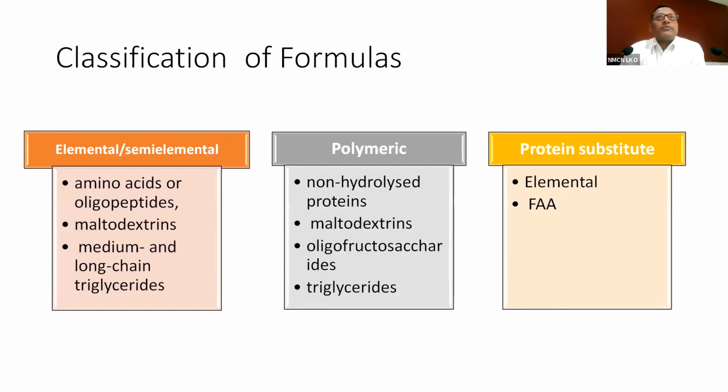Now, when you are focusing on enteral nutrition, there are different kinds of formulas. I think Dr. Bharti was also narrating. We have elemental formulas, semi-elemental formulas, polymeric formulas, and there is a protein substitute. Polymeric formulas are those we use routinely, where the macronutrients are present in their natural form, as polymers. So there will be non-hydrolyzed proteins, carbohydrates provided by maltodextrins and oligosaccharides, and triglycerides as the